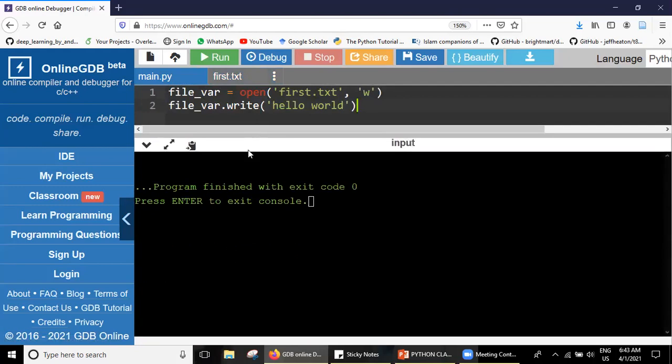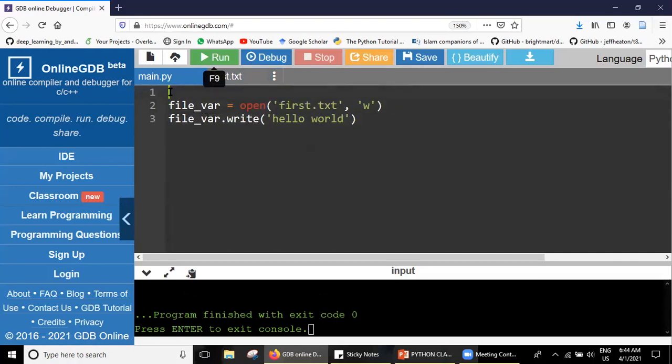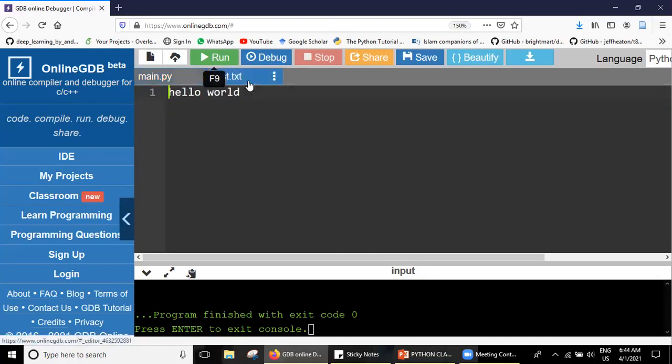Okay, what happened here? We have created this file object and then written to a file, and we got the hello world. Another way to write it is to write everything in a main function. I haven't explained what I mean by a main function because it was not required in the previous things, but now I'll tell you what a main function is and how we can use it in Python. Even with this line of code, we got our output.